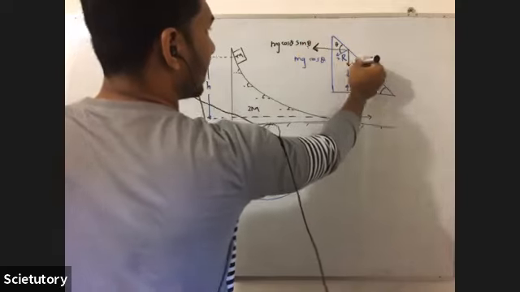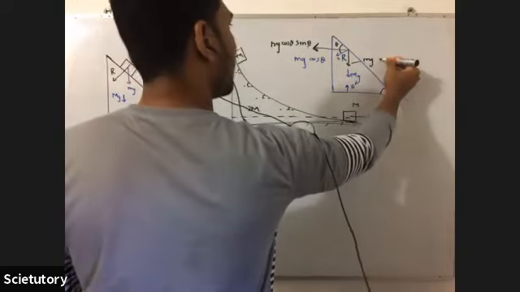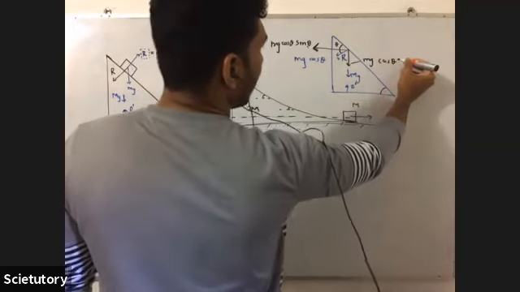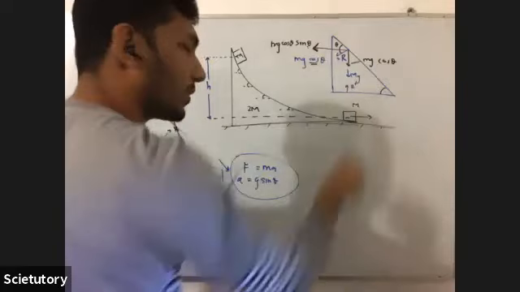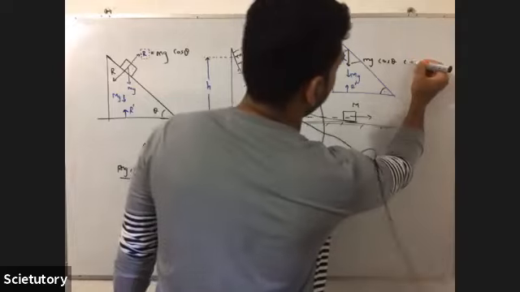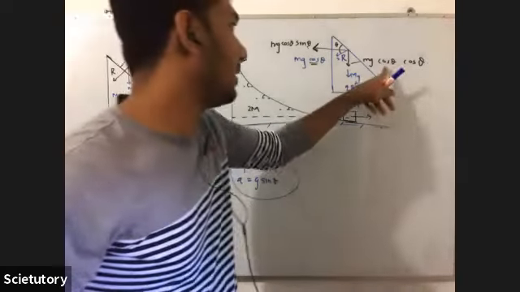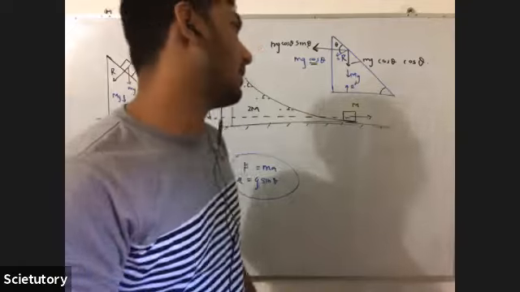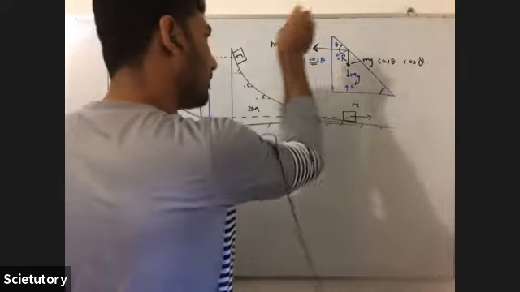What about the vertical component? It's not sin theta, because this is already cos theta. Again, you are going to take the cos component for mg cos theta. So it's mg cos theta cos theta. This is very weird. You can put it as cos square theta, but I'm just putting it like this to show that it's a component of mg cos theta.